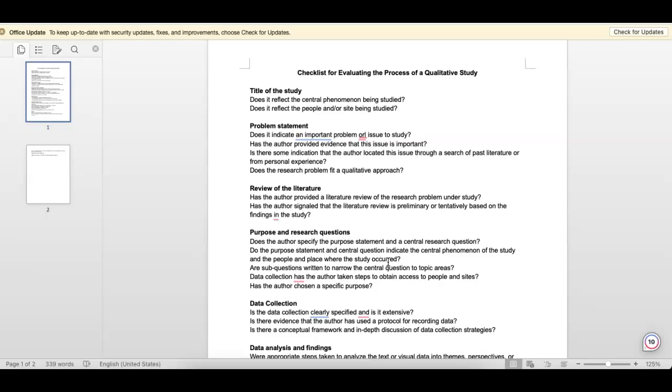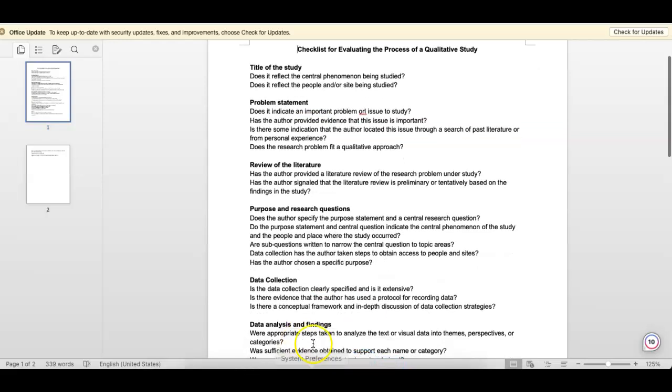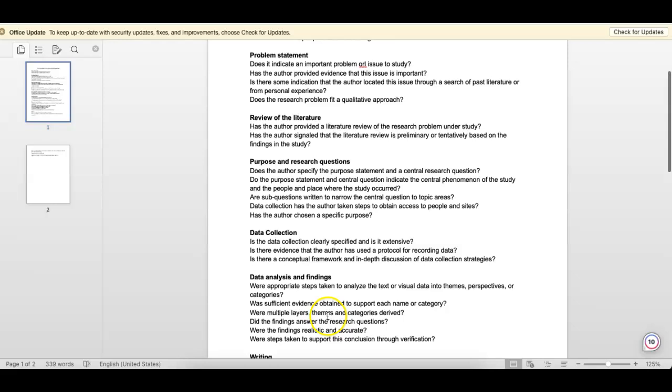First of all, if you are working on the data analysis section, all of a sudden, all of these other questions, prompts are valuable, but your focus is on the data analysis and the findings. And even in there, you don't have to dig into each one of these questions. This is meant to just spur some discussion from you.